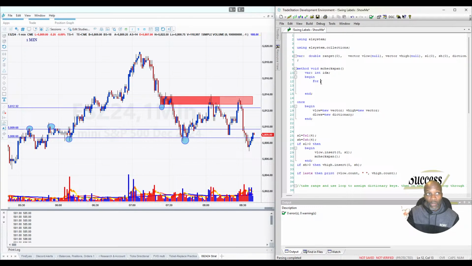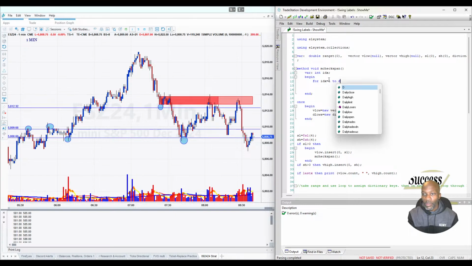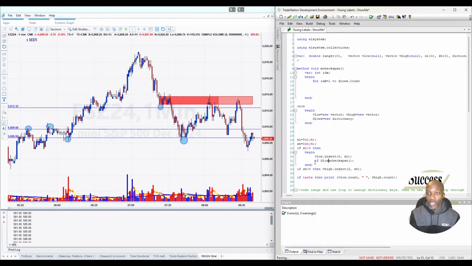So in order to turn the keys from something that's string and key related, not linear, into something linear or numerical, we'll say for idx equals 1 to the count of the dictionary, dLows dot count. If dLows dot count is greater than 0, then check the span. For idx equals 1 to dLows dot count,